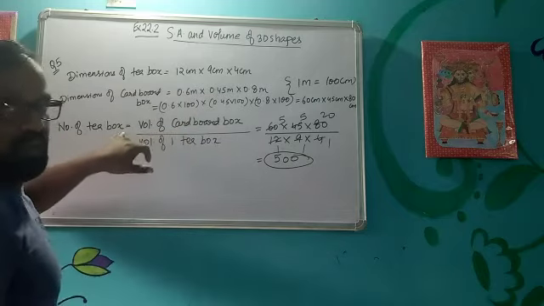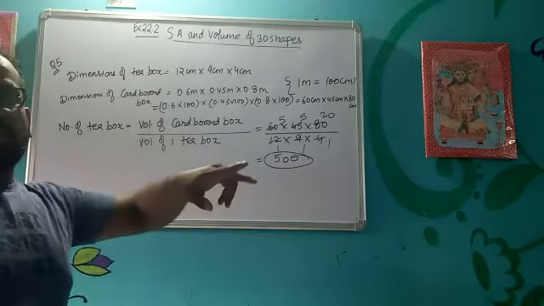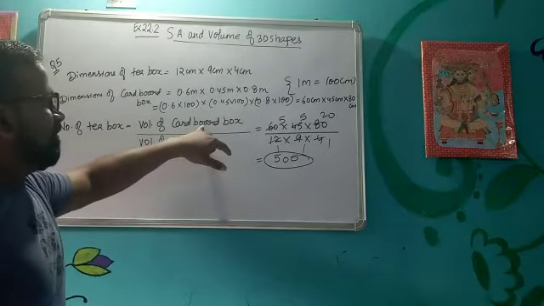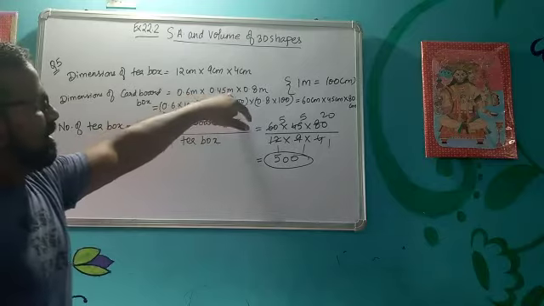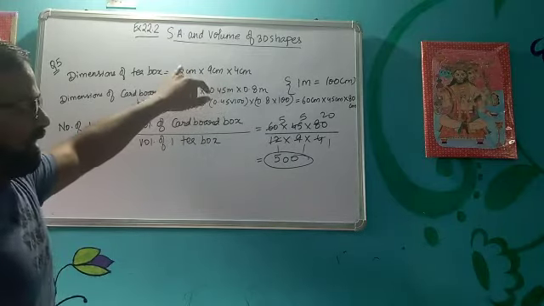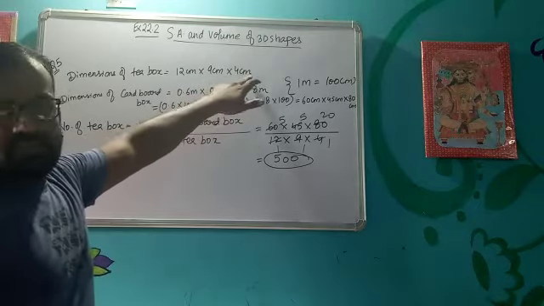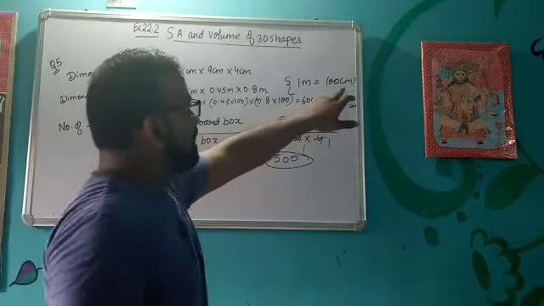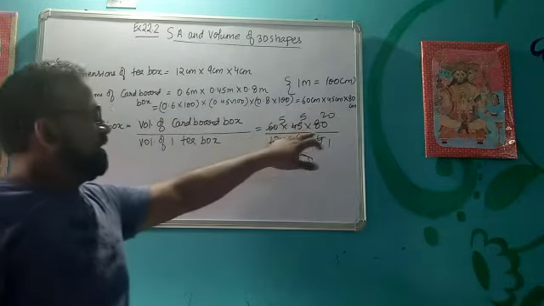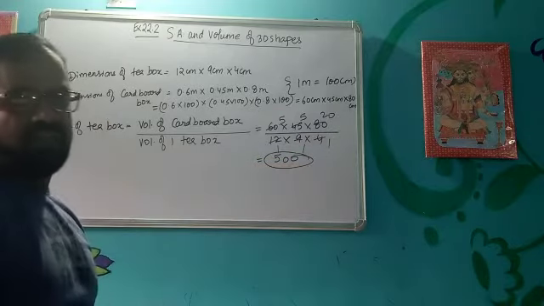So how do you accommodate the big volumes into the small volumes? You simply divide that big volume by the smaller volume, like I have done. Then I have converted the meter into the centimeter, because here all the dimensions are in centimeter and it is comparatively easy to convert the bigger dimensions into the smaller dimensions. So 1 meter was 100 centimeter. So every dimension has been converted into centimeter. Then I have divided these two volumes. After simplification, I got 500 boxes.